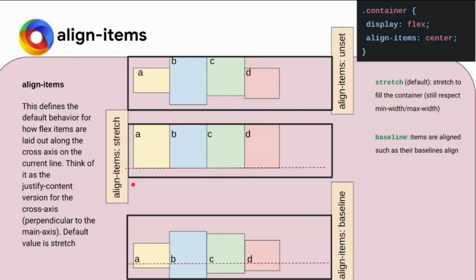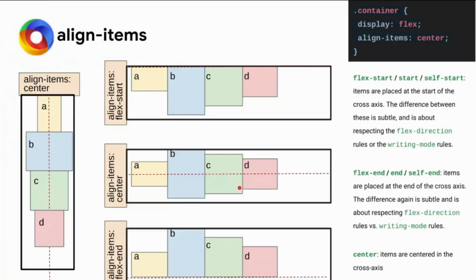So what we can do is align items such that each of them aligns in the cross axis, the axis which goes from left to right in the row. The first value is the default value, which is stretch. It will stretch everything, based on the original height here instead of width, so that everything comes in a single line. Everything comes onto this axis and gets aligned to it. We can come to baseline later on.